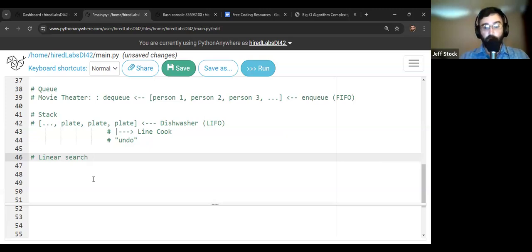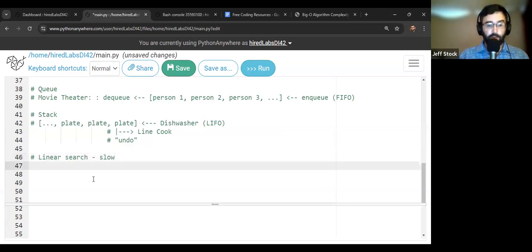That's really, really slow. Imagine an array or a list and you want to find something in it. Its worst case scenario is if you have 1 million things and the thing you're looking for is not in that array at all. It has to go through each one of the 1 million things before it knows for sure that it's not in there, right? So linear search is slow. Best case scenario is the first thing on the list, and then it's really fast. That's great, but nobody cares about the best case scenario. It's really slow. So that's the thing to really know about that.